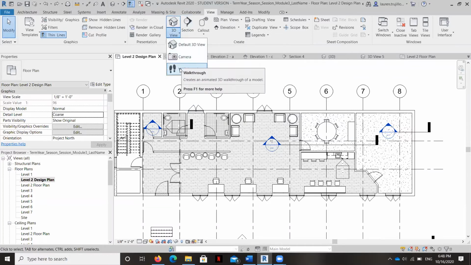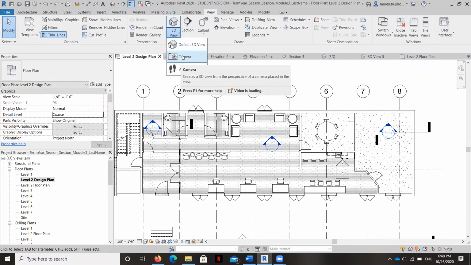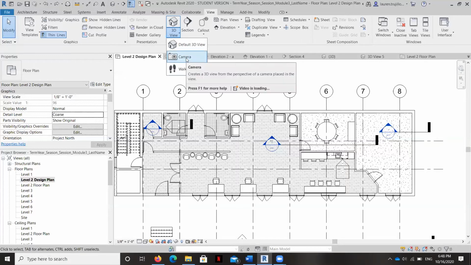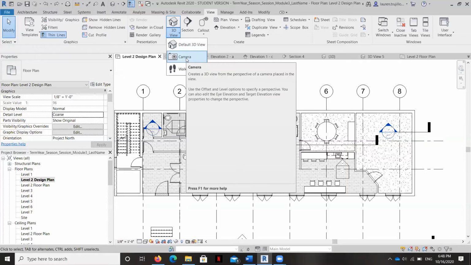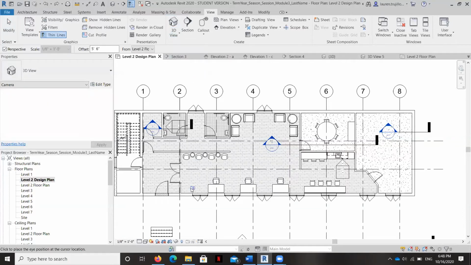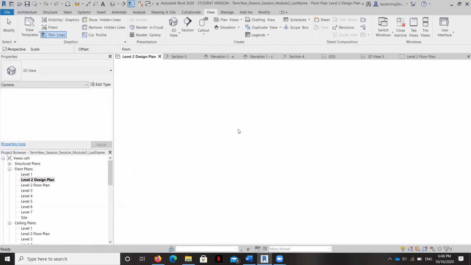So I'm going to begin by showing you an elevation issue with the furniture and show you how to fix it. And then I'm going to show you an issue with the wall finishes in the wet walls that we created in the restrooms that we need to address. And then we'll talk about the ways to fix it. So I'm going to show you in this camera view right here.